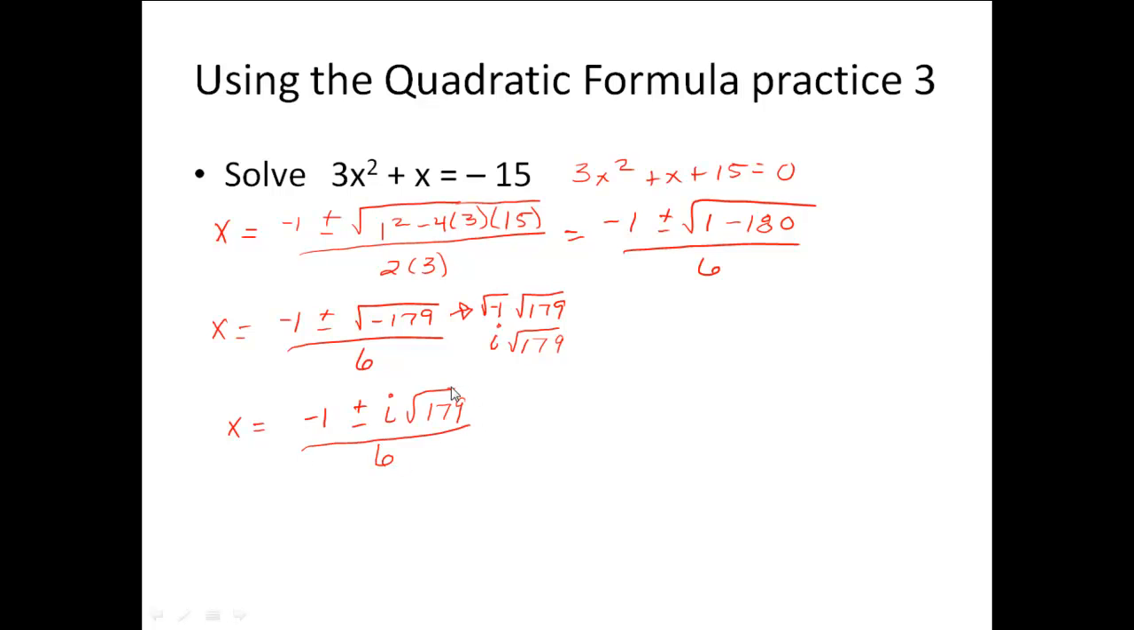Then you want to check if you can break down 179 using any of the perfect squares. And for this particular one, we can't. But now to be in standard form, since I have an imaginary number here, I need to separate my fraction into a real part and an imaginary part. So I'm going to have -1 over 6 plus or minus